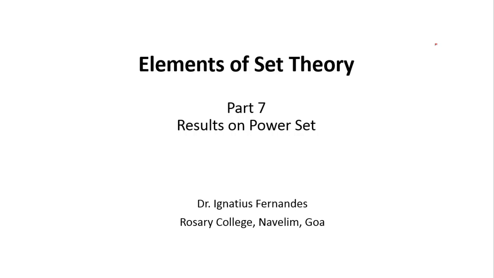Welcome back to module 7 of the second chapter, Elements of Set Theory, and we will be discussing some results on power set. If we recollect the previous modules, we have discussed how to prove a result or an identity on set theory using a Venn diagram or using the general definitions, and also verified by considering some examples of specific sets A, B and C in the previous module.